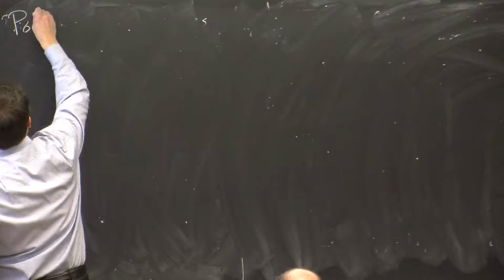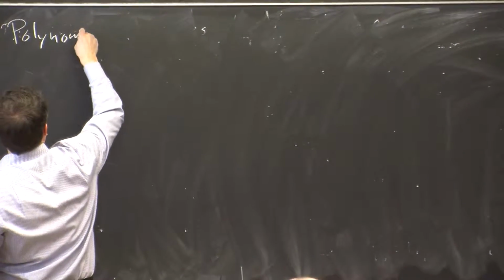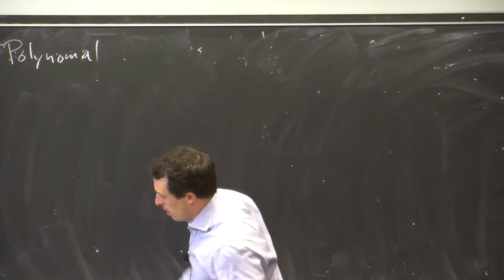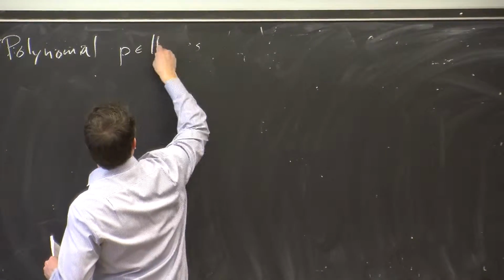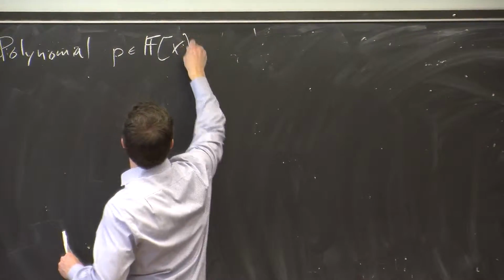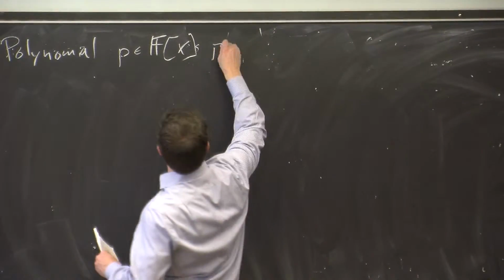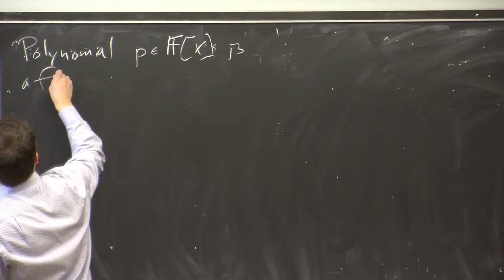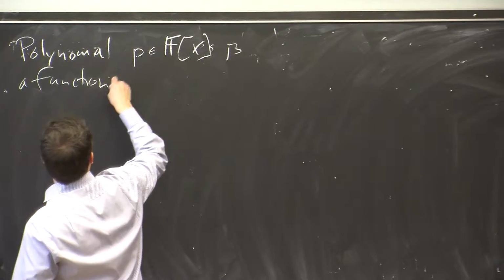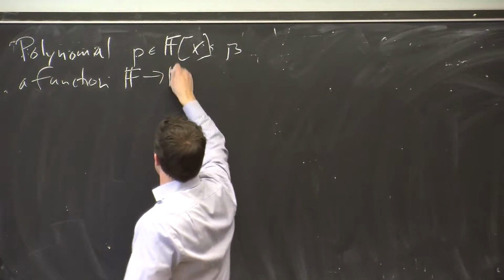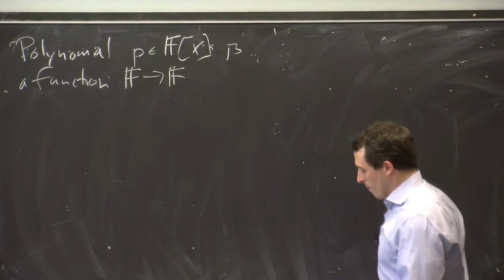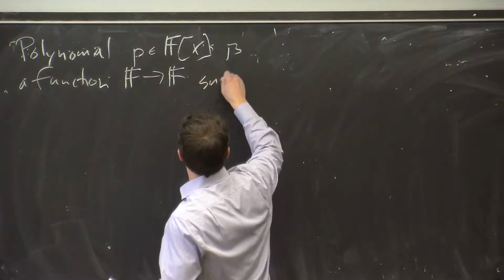Remember that a polynomial, univariate polynomial, is all we need. I'll use the notation f[x]. It is a function from the field to the field such that it can be expressed